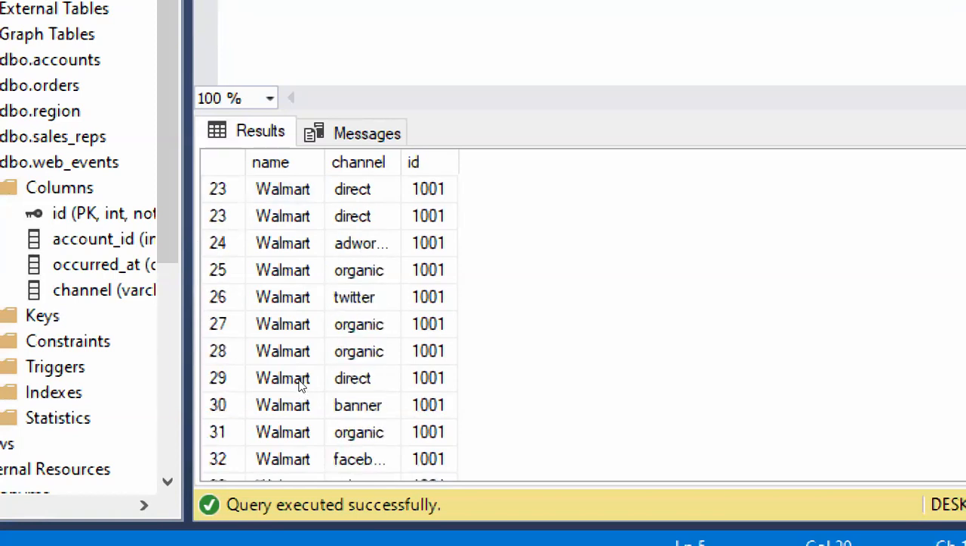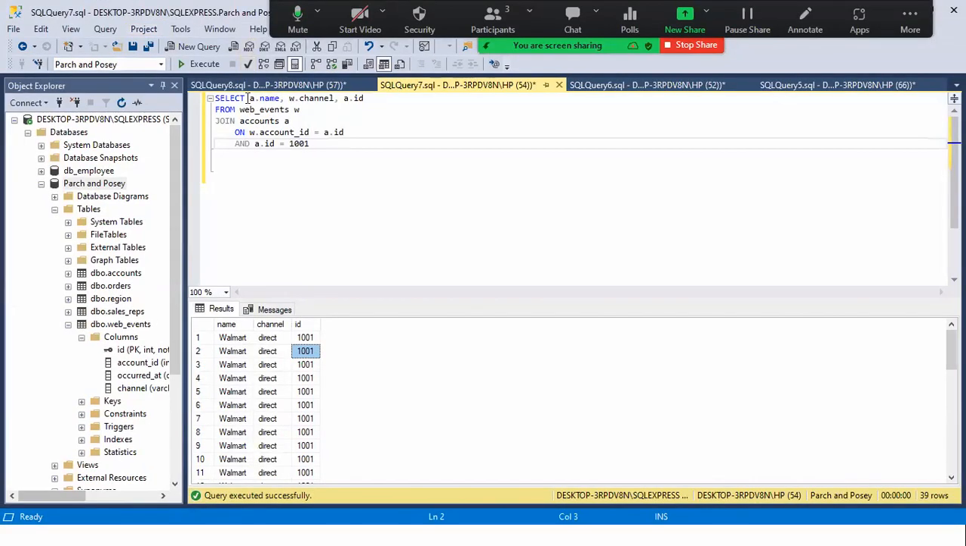But now you have to just select these things, right? So I'm having duplicates. This Walmart direct 100, you have duplicate values, but we want the unique values. So I'll add a distinct to my select. So I select distinct. All right, once I execute this now,